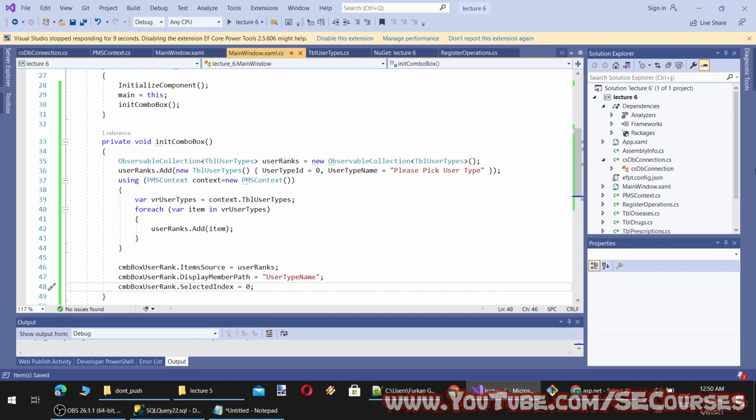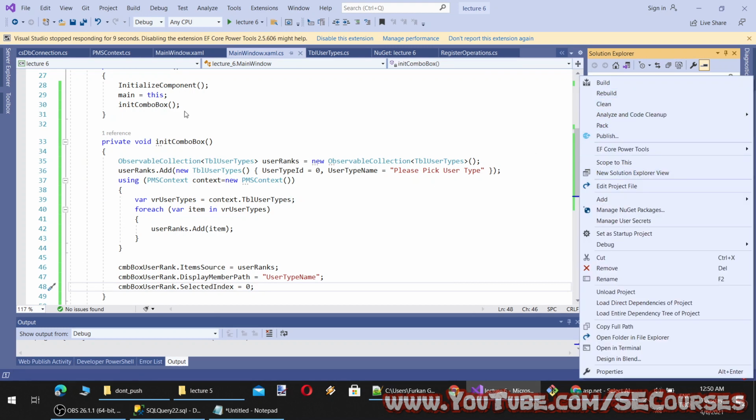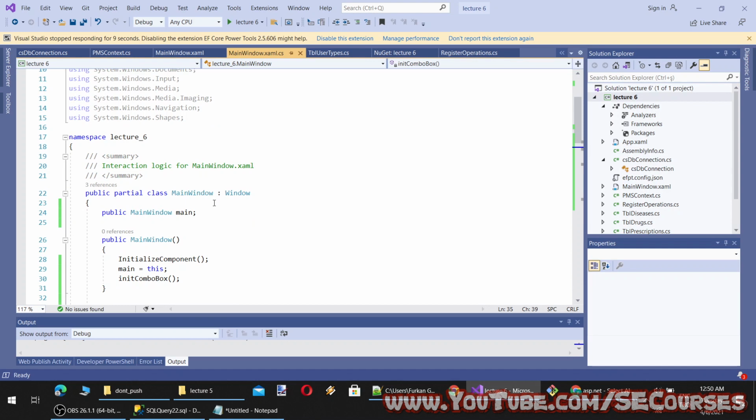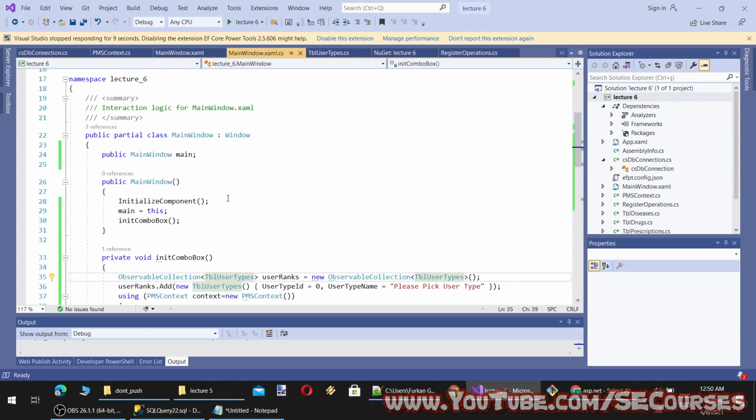However, I am going to write another class, so we will reduce the code we are writing in our main window. You should write as minimal code as possible inside your main window class, main interface class.